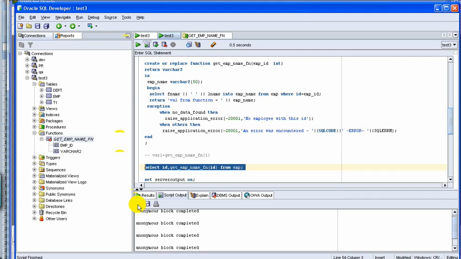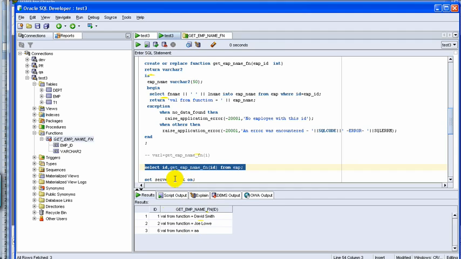Now if you want to call it within a procedure, you would define a variable like this and call get emp name. We'll cover some of that maybe in our next video, how to call a function from a stored procedure. So I hope that gives you a good idea. If some of you are a little confused about the exceptions, don't worry, we will cover these things in detail when you do